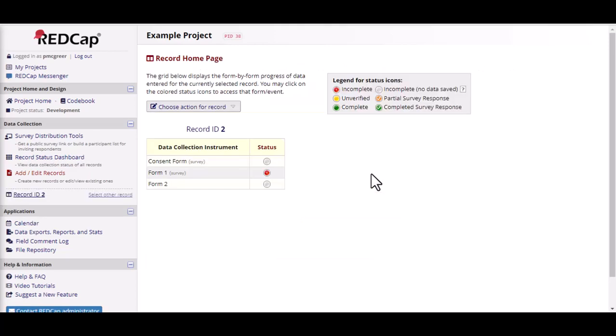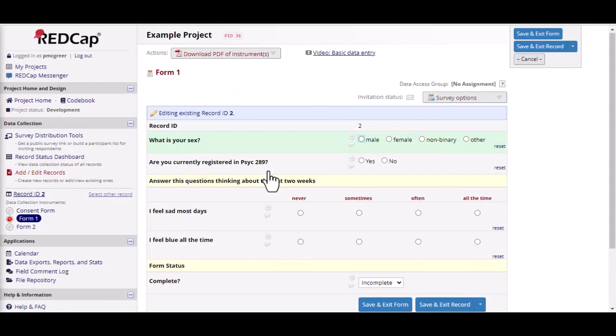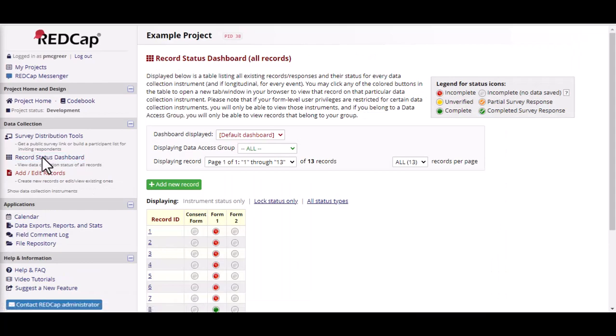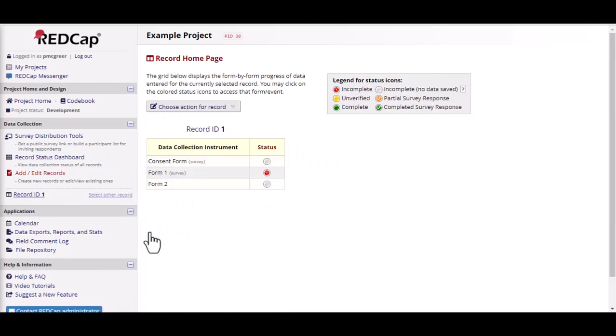homepage. From there, click on the Status button for the specific measure that you're interested in, or that you want to view or edit. Second, you can also click on Record Status Dashboard on the left side navigation pane. This will bring up a table showing all the participants and all the measures in your study. You can access a specific record homepage showing all the responses for a specific participant by clicking on the participant